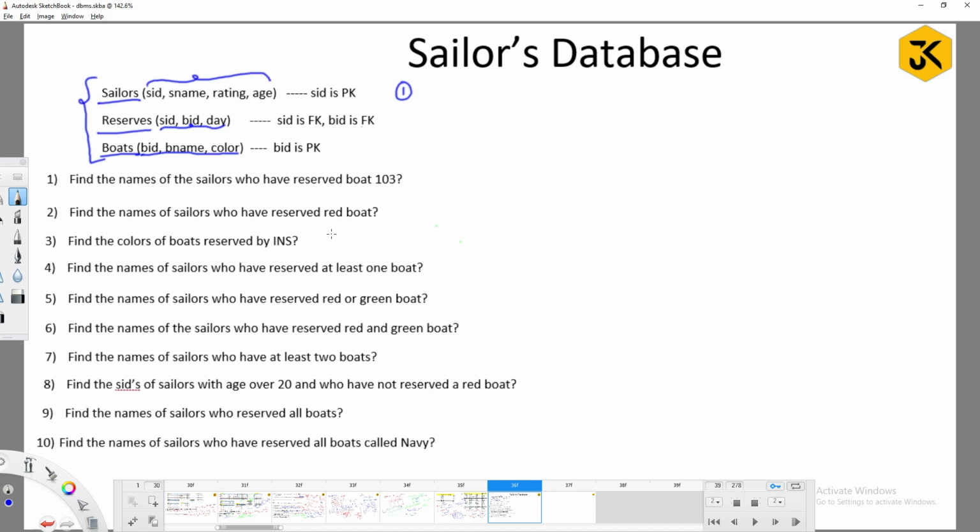See, boat reservation details, reservation details available in which location? Reserve table. But they are asking here for names. Names are available in which location? Sailors. So compulsorily we need to perform a join first. On what basis do you have to join? You have to join based upon their common data, right? On SID you have to combine, but you need to first find out the people who reserved the boat number 103, right? Then what you can do, I am going to first write